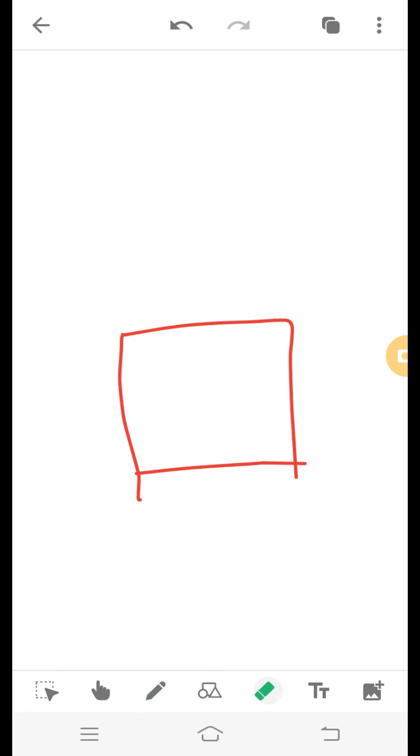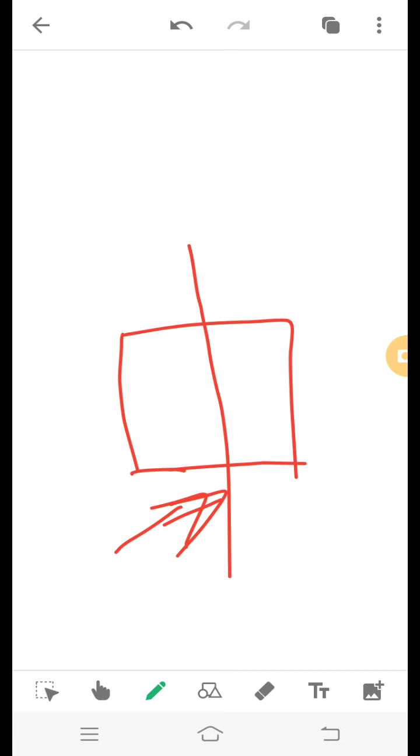Just like here, one shape is given, a square. Now if I divide this square into two portions, it looks exactly the same. So we can say that it's the line of symmetry of the shape. Means when we fold any of the shapes, if they exactly overlap each other, we can say that it's a